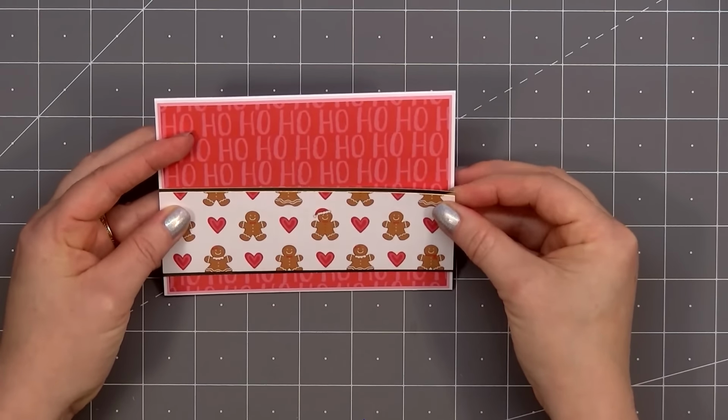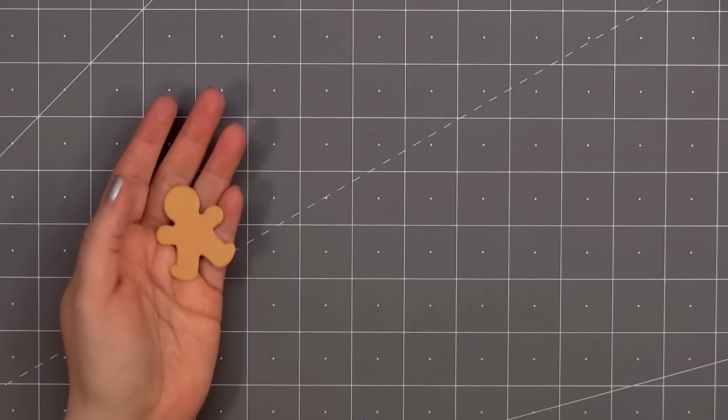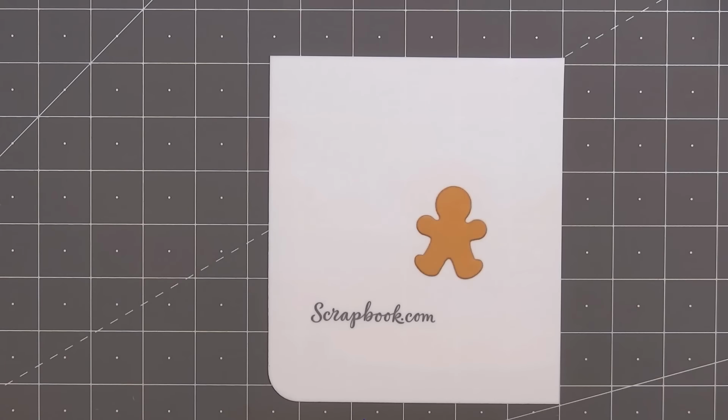Now I'll add the gingerbread man and women pattern paper strip at the bottom. The adhesive I'm using is scrapbook.com's deluxe adhesive roller. For an image on my card, I'll be adding a little gingerbread man, and this die is part of scrapbook.com's gingerbread cookies die set. I used the brown solid pattern paper from the gingerbread paper pad, and I'm adding just